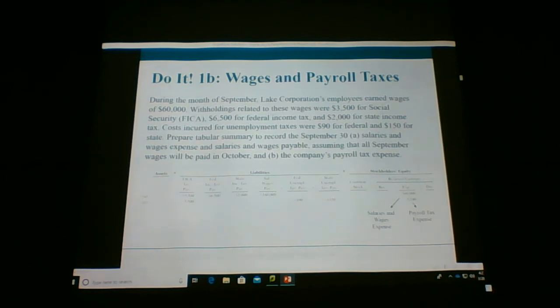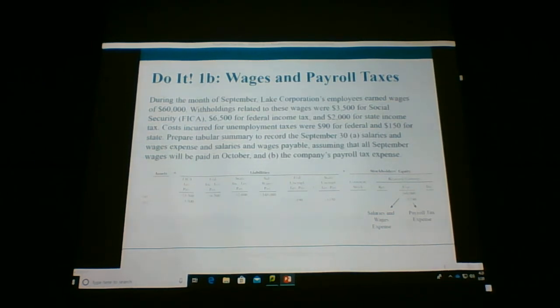We're going to add to that, as I've already told you, $3,500 right here under B for the employer's portion of FICA tax, and then also $90 for federal unemployment and $150. If we come over here to the right side, we see that we have